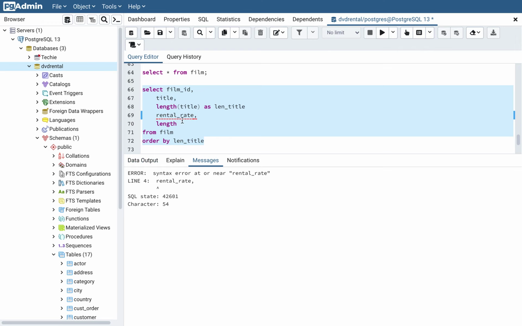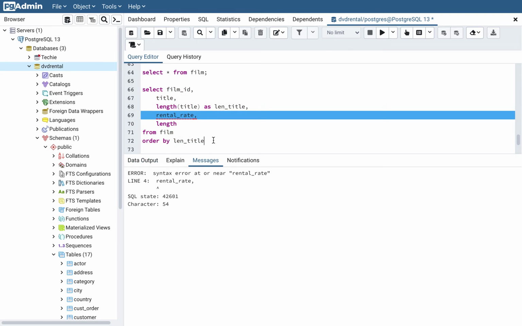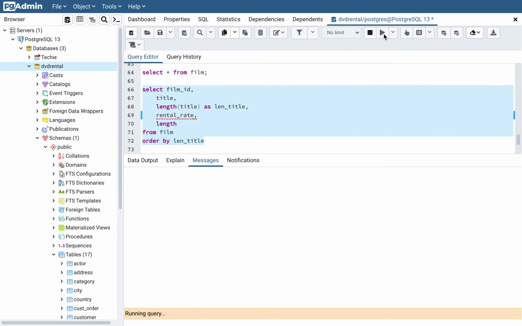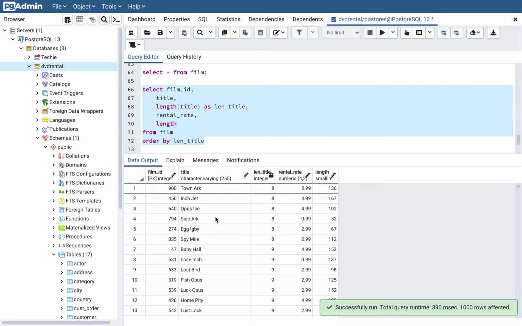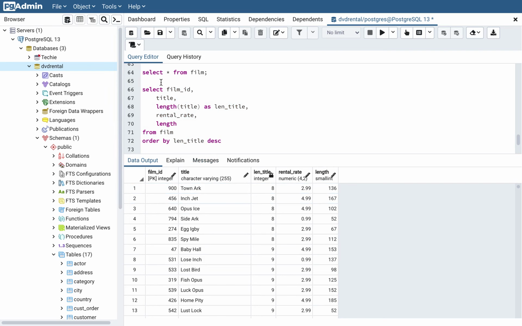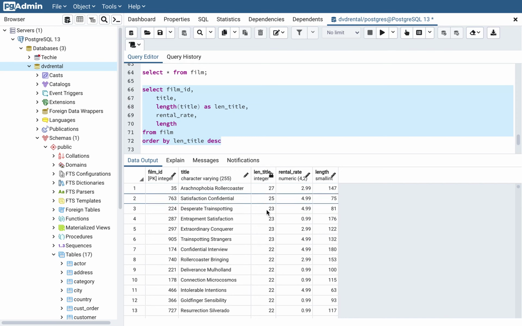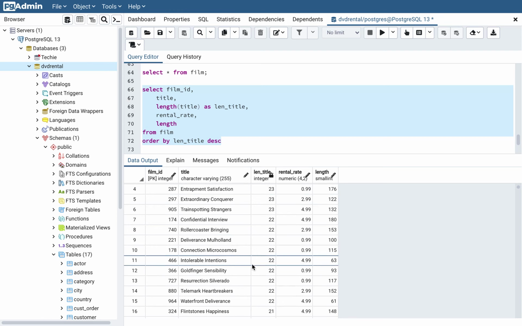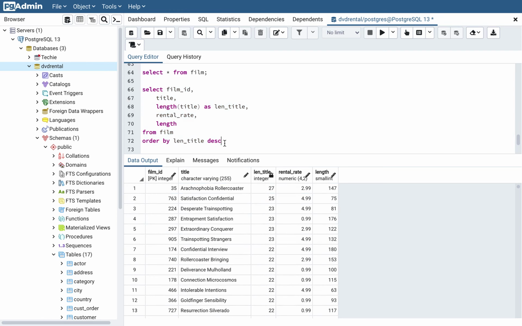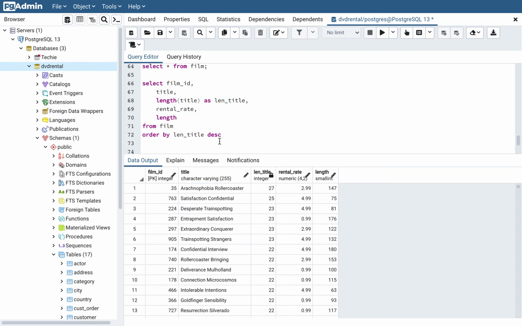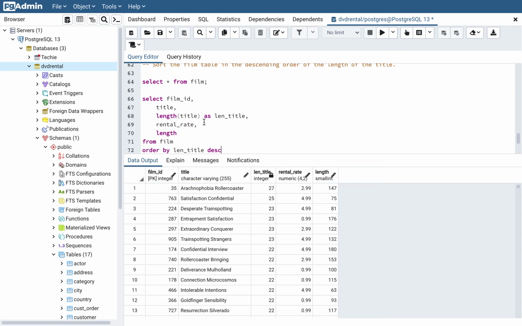Oops, my bad, I missed a comma over here. So let's execute it, and it will give us the result. See, length. Now the question is DESC, so let me execute it in the descending order. So you see here, this is the highest, the longest name, followed by the names below. Satisfaction, confidential, desperate, and extraordinary, conquer, and so on. So this is how you can sort the data based on anything,